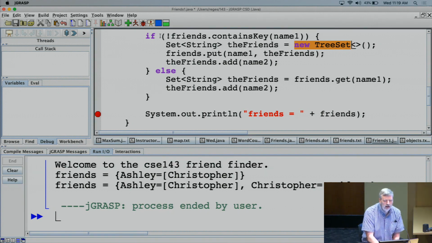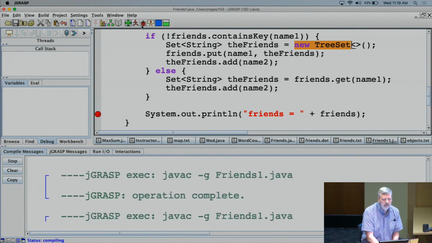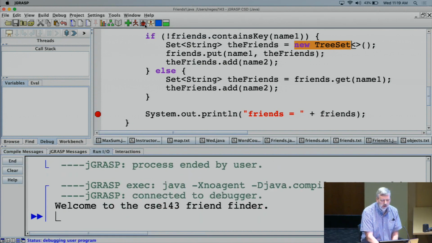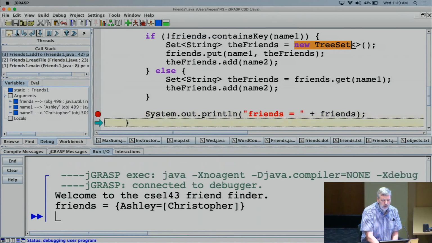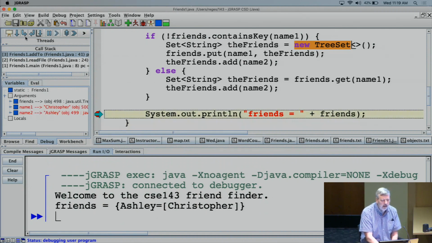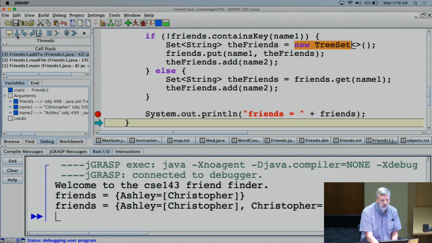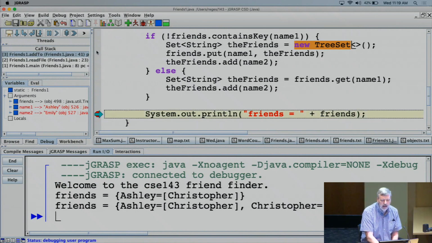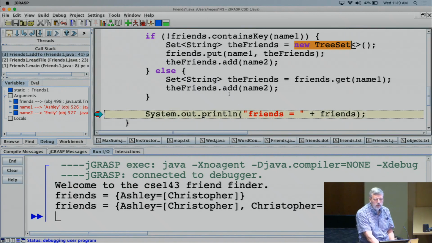We're about to run out of time. Let me see if I can debug. And the first time, remember, we get Ashley, Christopher, and then let me run again. The second time, we get Ashley, Christopher, and let me run it again. This third time with Ashley, Emily,